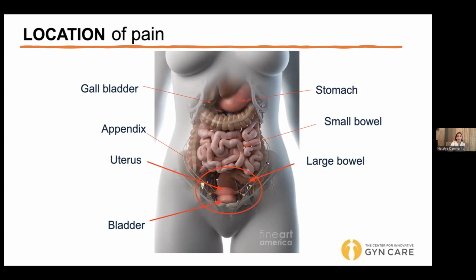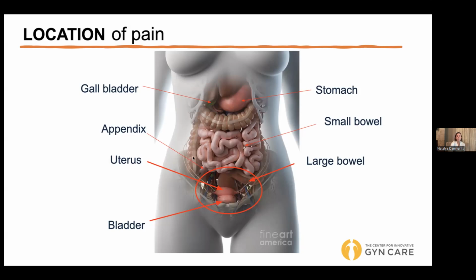Then you have intestines, all right? So the large intestine is sort of the wider intestine. It goes all the way down to the rectum down here, and then you got your small intestines, the thinner caliber intestines. Those occupy the majority of your pelvis and your abdominal cavity. So most of the time, especially if the pain doesn't have any particular pattern, it's probably gastrointestinal, right? It's your intestines, maybe something you ate, could be gas pain. So sporadic sort of pain is usually intestinal.